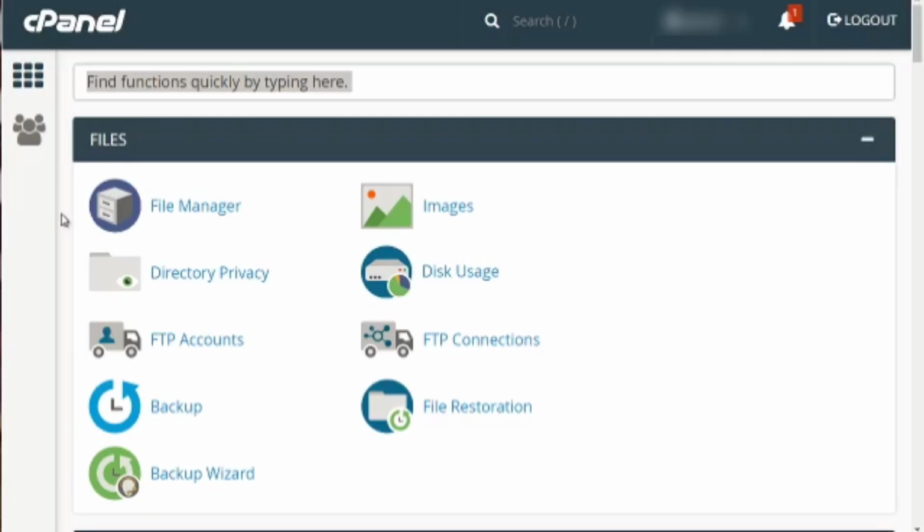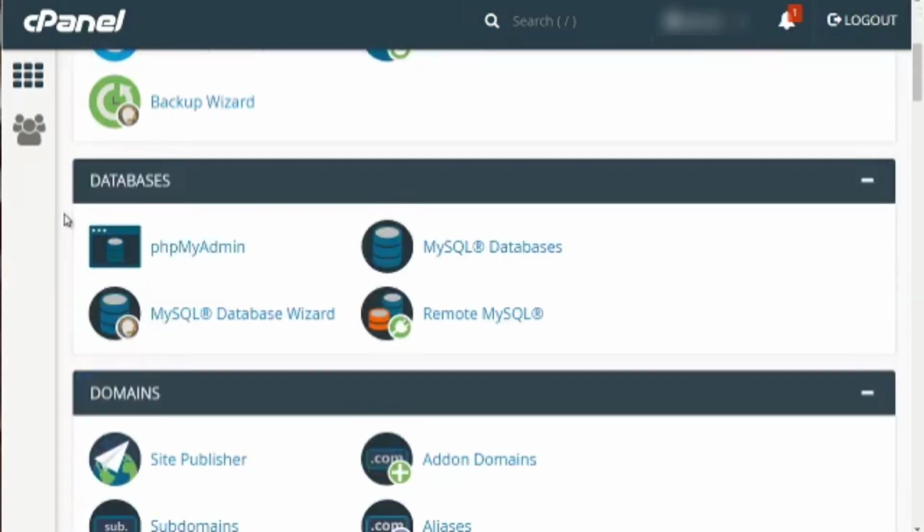So to create a MySQL database, it's super easy. Let's start at the top. Make sure that you're logged into your cPanel, and what you want to do is scroll downwards and look for databases. If it's different, then basically what you want to do is look for the MySQL Database Wizard, and this will walk you through step by step. It's the easiest way to go. So first things first, click on this,